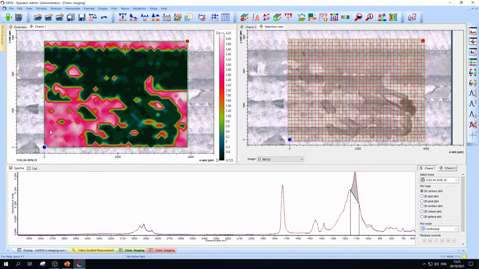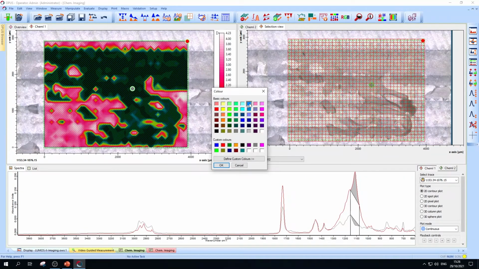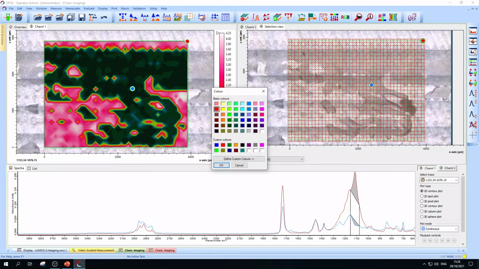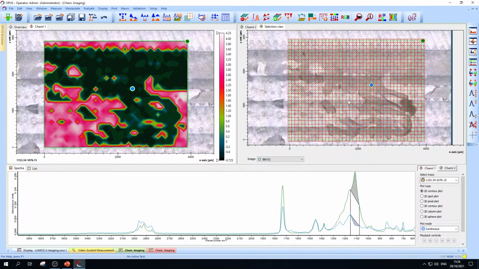So we can now have a look at the spectra, which means, okay, we have a spectrum here, maybe a spectrum there. Make this one the color blue, and this one maybe change the color to green. So we see blue spectrum derives from cold seal, green spectrum derives from the foil's inner layer. This is what we expected. So we see chemical differences, of course, but this is not what we are really interested in. What we are really interested in is possible damage.